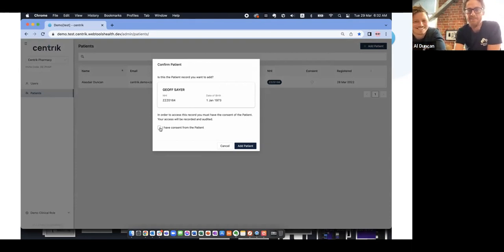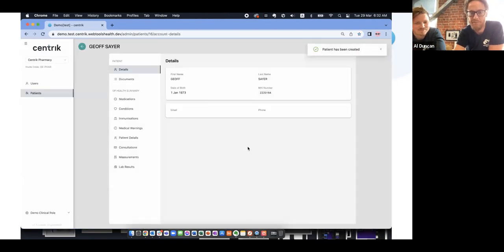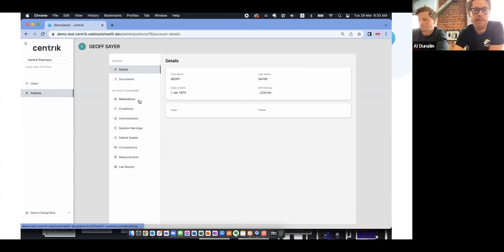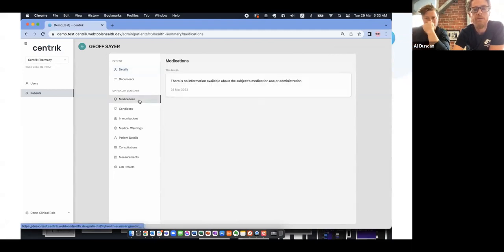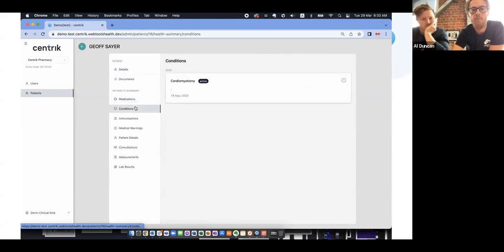Jeff's going to give me consent as the pharmacist to access this information. And here we have that information returned, international patient summary now available to the pharmacist. One of the use cases we're looking at is for a pharmacist to be able to access this information to help inform some of their clinical decision making, whether it be vaccinations or whether they have some questions,